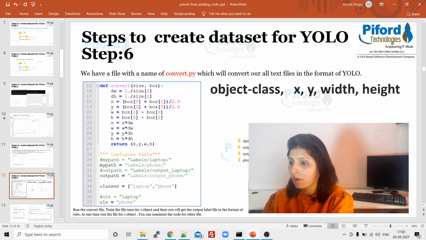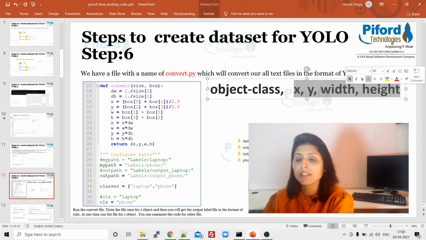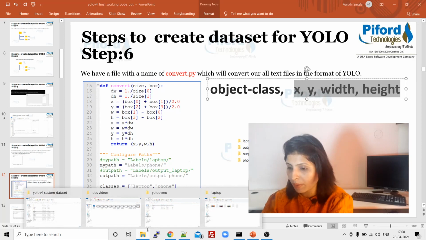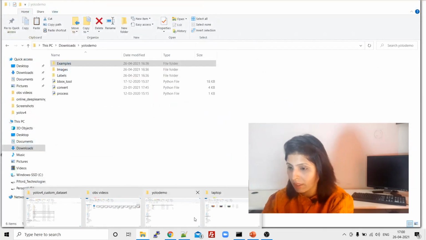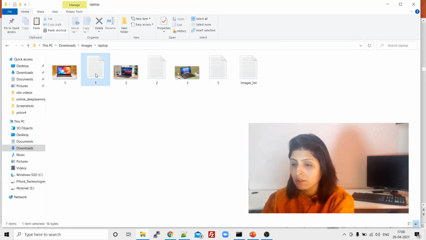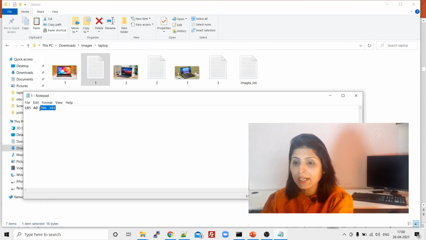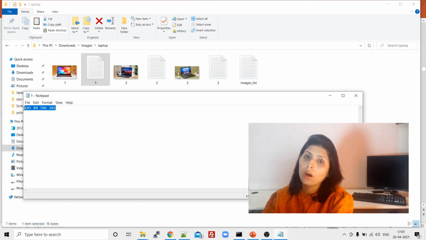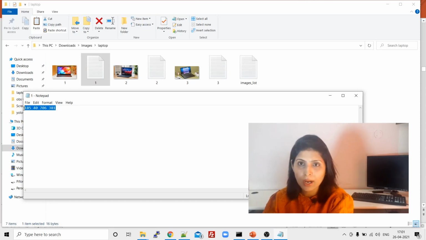Now we have just got x, y, width and height. When you open it here, we are getting 4 coordinates, but we are not getting the class name, whether that coordinate belongs to the phone class or the laptop class. We didn't get the class name.